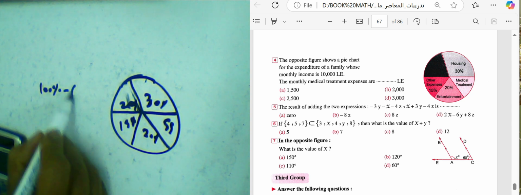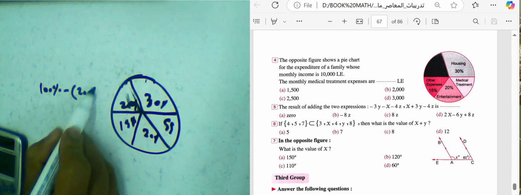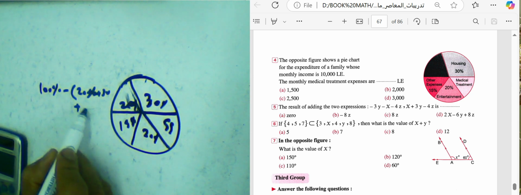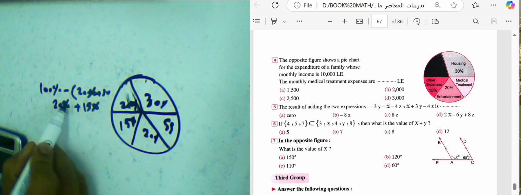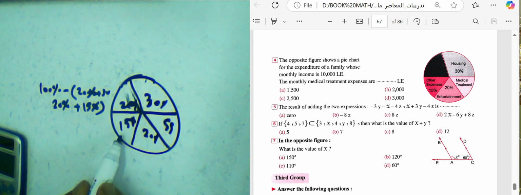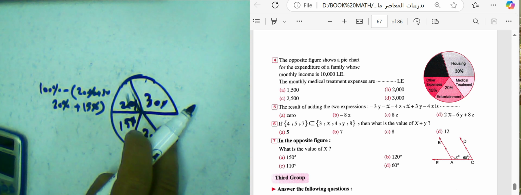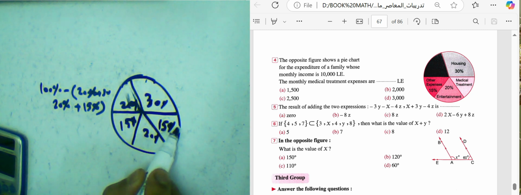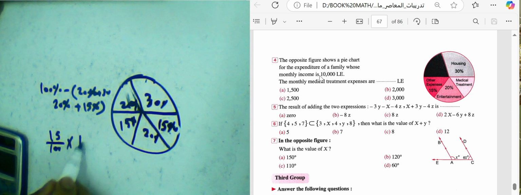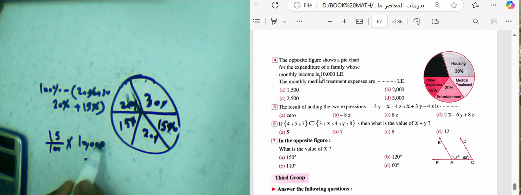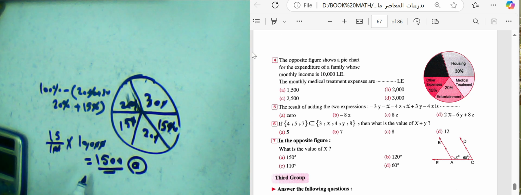100% minus the sum of all percentages, right? 20 plus 30 plus 15% plus 20%. So the result will be what? The result here will be 15%. And then we can write 15 over 100 multiplied by the total income, 10,000. Cancel double zero by double zero. 100 times 15 will be 1,500 Egyptian pounds. Choose letter